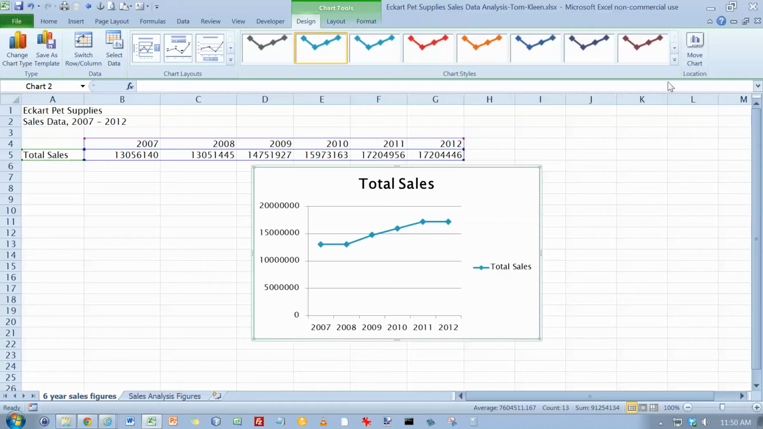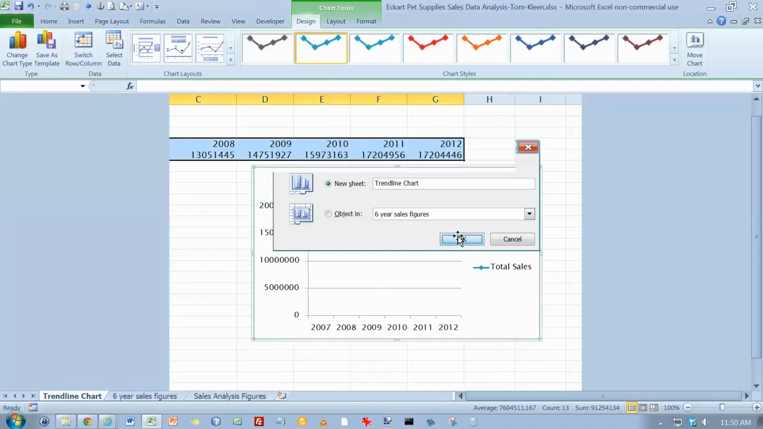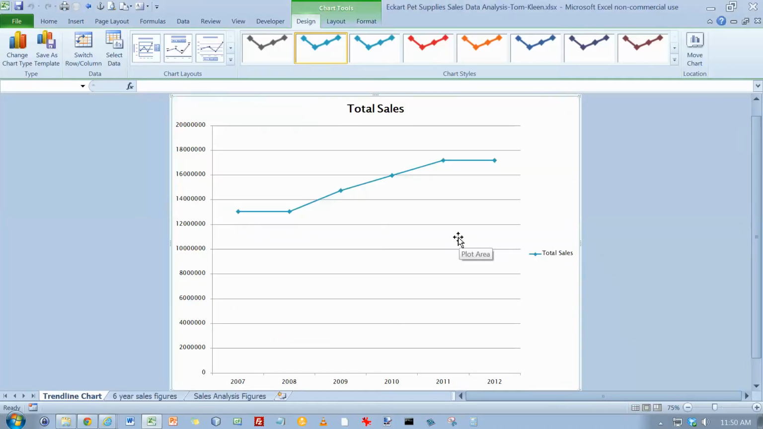And then we're going to click on the Move Chart button here to move it to a worksheet by itself. We're going to call that sheet TrendLine Chart and click on OK. And now we've got ourselves a chart that takes up a full page. And we're going to change the title on it. Let's just click up here, drag over the title, and we'll call it